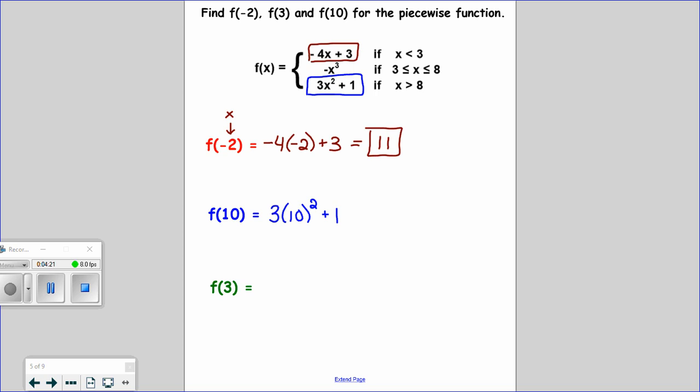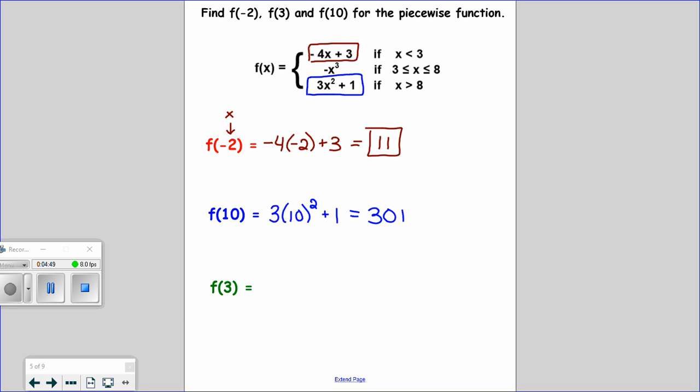While we are doing this, I don't have a calculator in my hand, so I'm going to do this by brain power, which means I got to remember my order of operations. Please excuse my dear Aunt Sally, PEMDAS, however you remember that. Order of operations: parentheses, exponent. Exponent is actually the first thing we should do here. 10 squared is 100. Then multiplication, right? Times 3 is 300 plus 1,